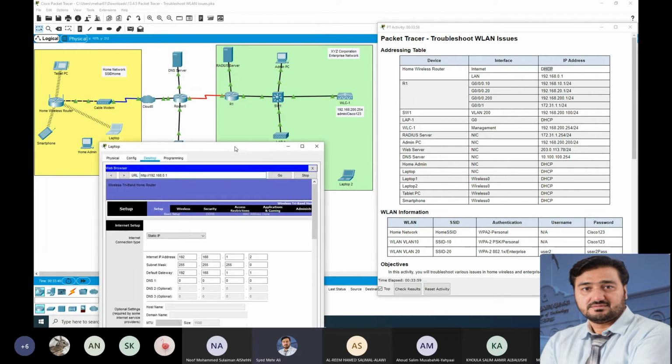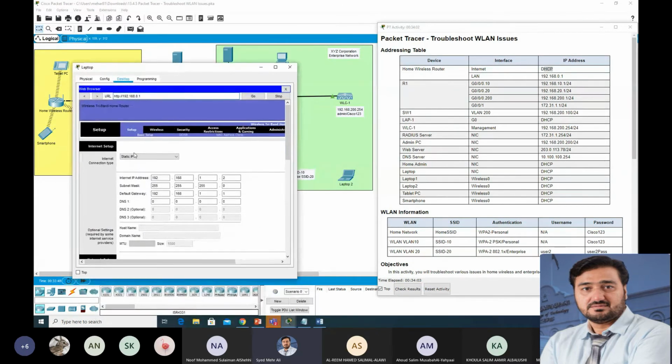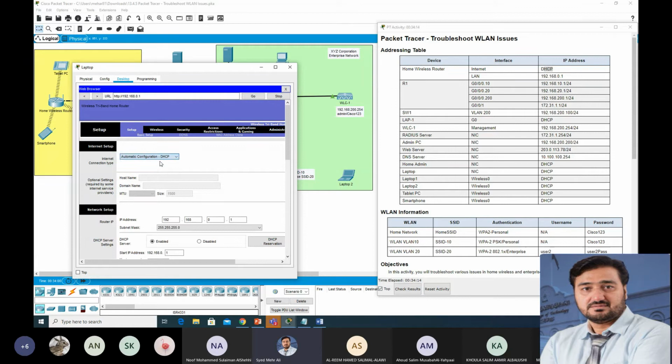Here you have the DHCP server, so it must get the IP from the internet. But the internet connection type is static, so we need to change it to DHCP. Then it should get the IP automatically. This is the first thing.